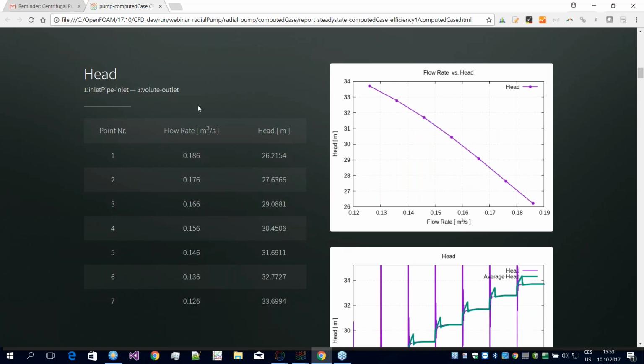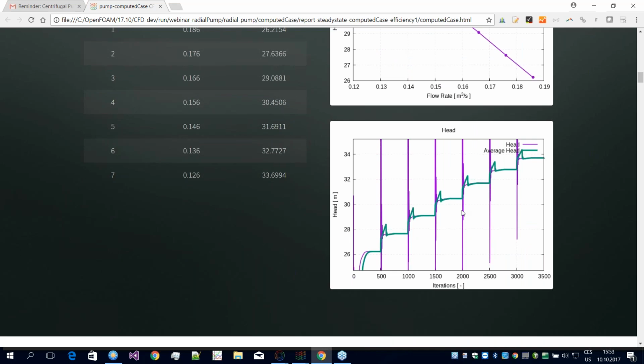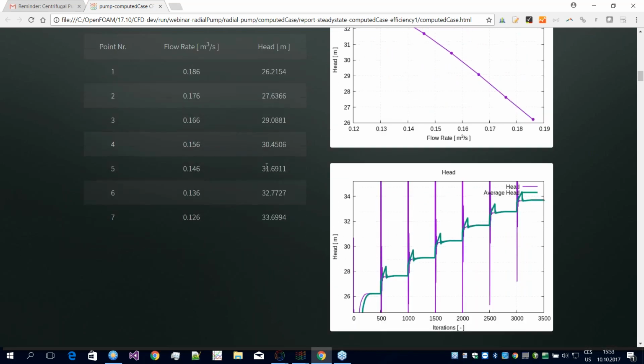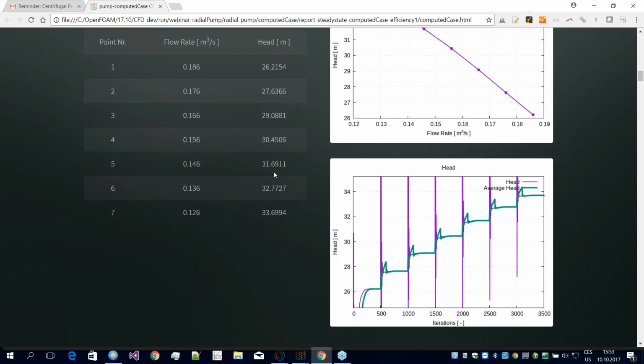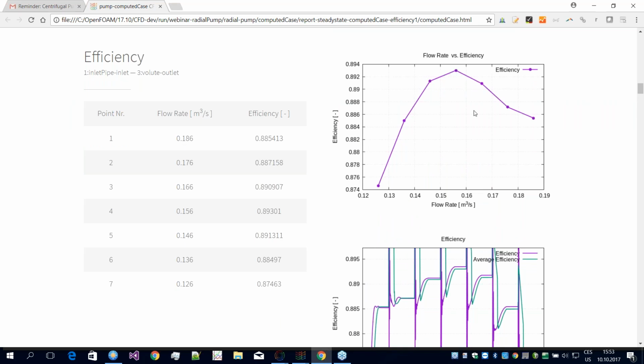dedicated to given variables. The first one is, for example, the head. So you can see the head distribution along your defined points. Basically, several flow rate regimes were defined in the simulation, and you can also watch the convergence, and also here are tabulated values which can be nicely taken and post-processed afterwards. Another one is the efficiency, which is important, so you can read the best efficiency point